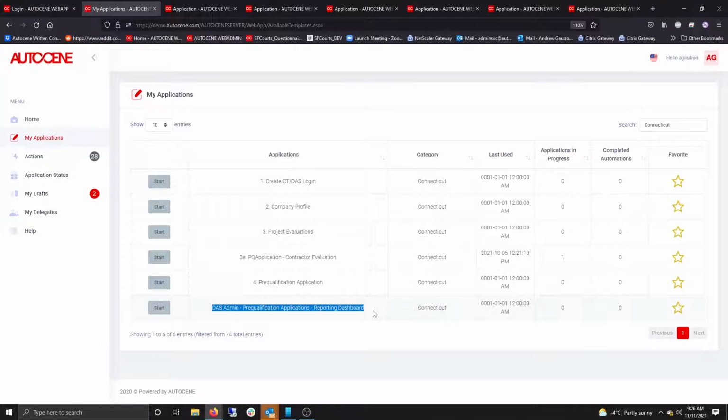And this is where I'm going to start talking about what constitutes an Autocene application. We talked about different examples here. Well, an Autocene application, at the heart of it, are the modules that go inside of that application and the business process and its flow that you define in that application. So if we were going to take our company profile application here,